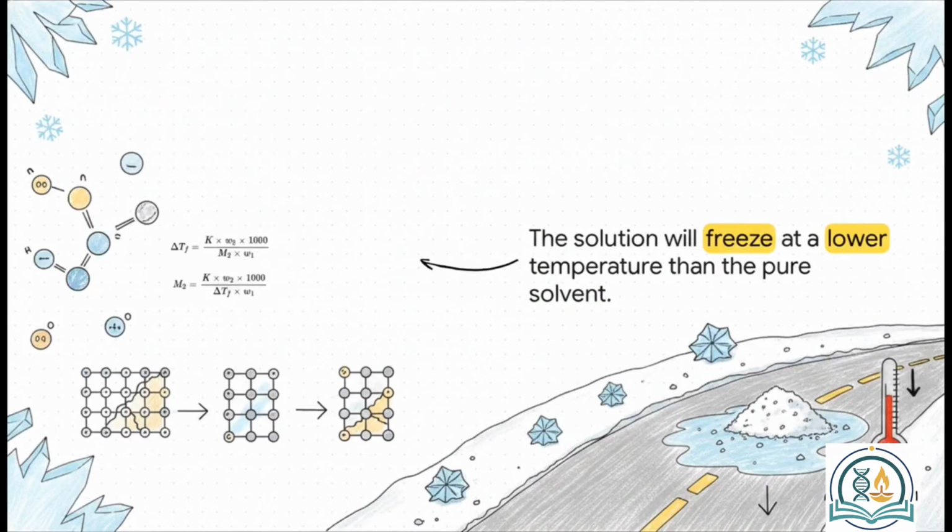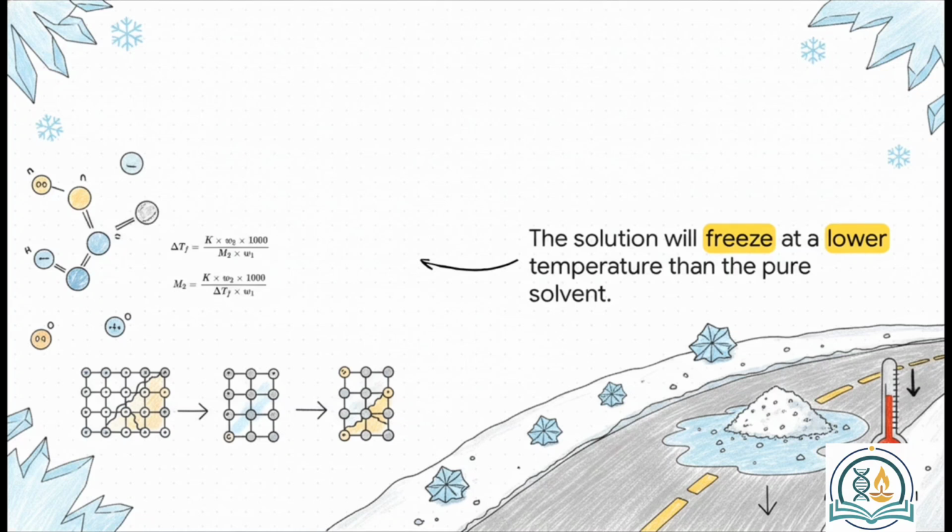And on the flip side, the exact opposite happens with freezing. The solution will now freeze at a lower temperature. This is called depression in freezing point. And it's exactly why we throw salt on icy roads in the winter. The salt mixes with the ice, lowers its freezing point, and causes it to melt, even if it's below 0